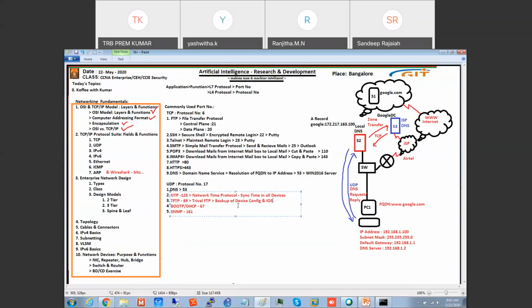This is basically without TFTP means what? Trivial means without login. TFTP means you need to have a login. Every time you have to log in, then we need to get that. Then only we are able to. Without login, I'll use